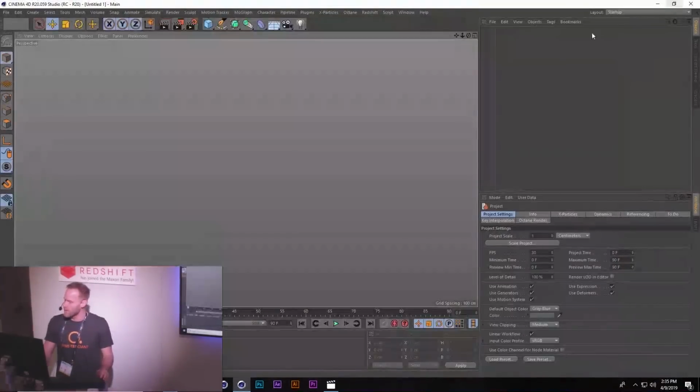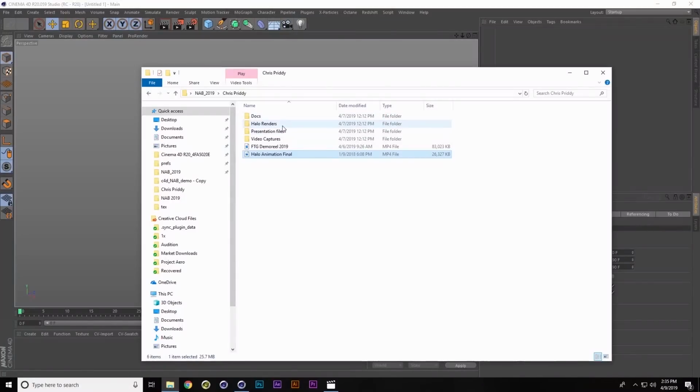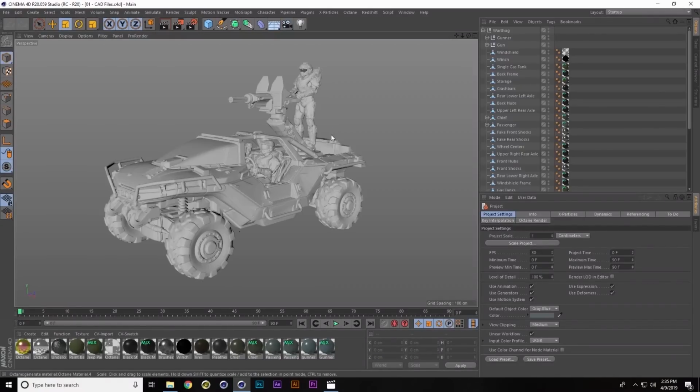So let's go ahead and dive in and do what you guys are here for and show you how we set this up. So I'm going to load the first scene. And I'm going to talk a little bit about kind of dealing with CAD models somewhat. And this project was about 2 years ago. Since then, R20's implemented a CAD Loader, which is absolutely...